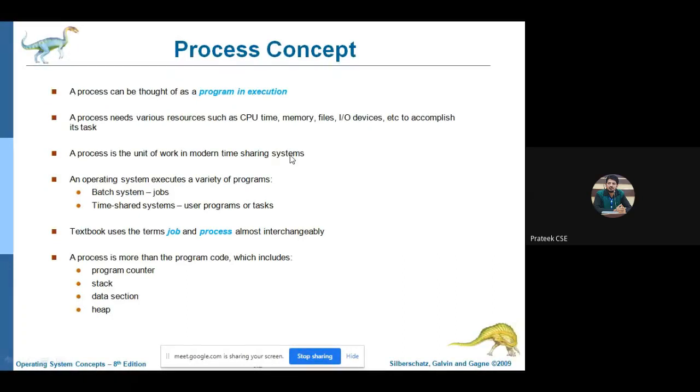Okay, good morning everyone. In the last lecture, we started the most important concept of operating systems, that is process management, where we learned what a process is, the definition of a process, and the difference between a process and a program. A program is simply a passive entity, whereas a process is an active entity,